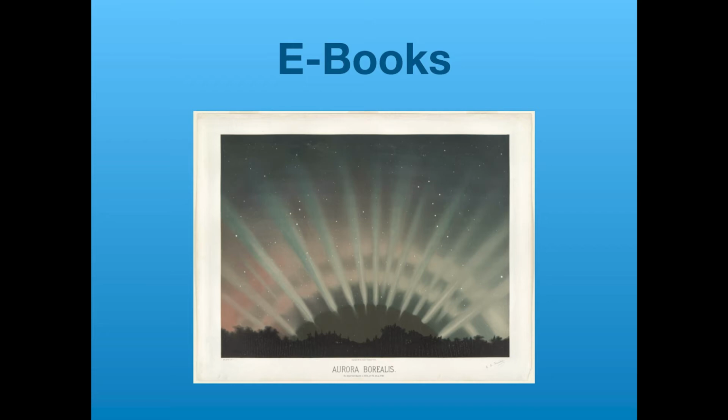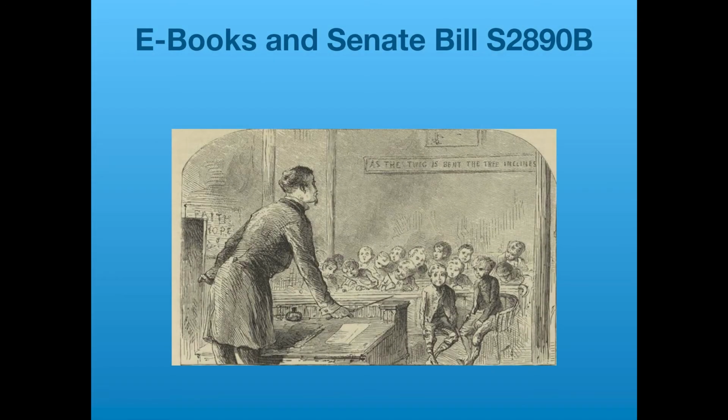And because libraries are licensing these materials, they are under the limitations outlined in their agreements with publishers and beholden to the pricing and number of digital copies that can be lent. So with that in mind, I'd like to talk a little bit about ebooks and the Senate Bill S2890B. So in January of this year, New York Governor Kathy Hochul vetoed a bill that was unanimously passed in